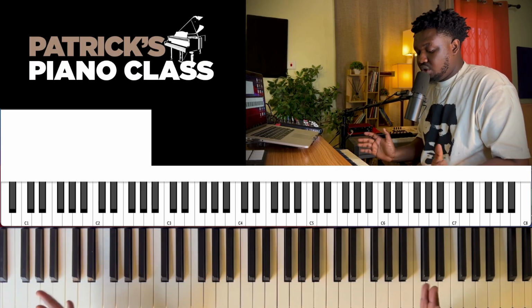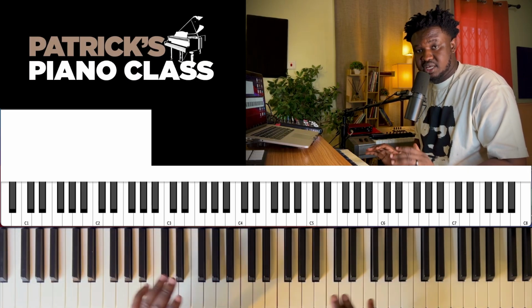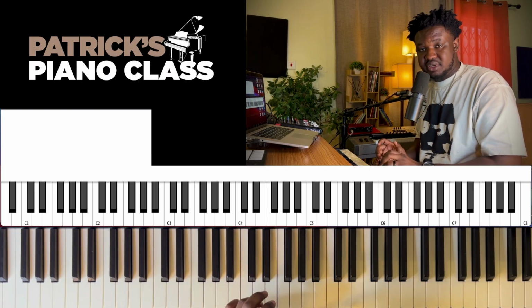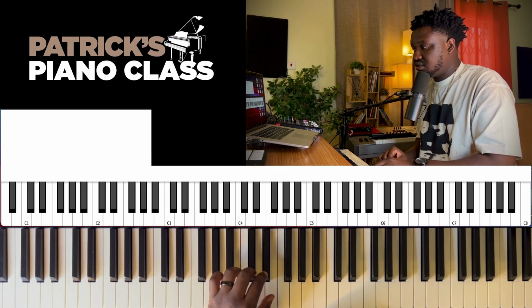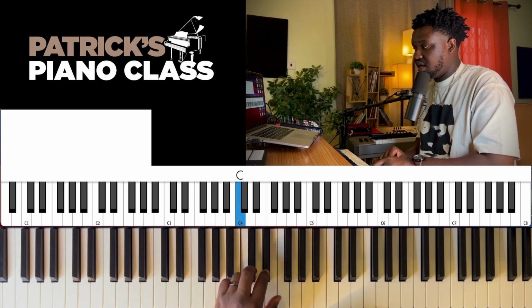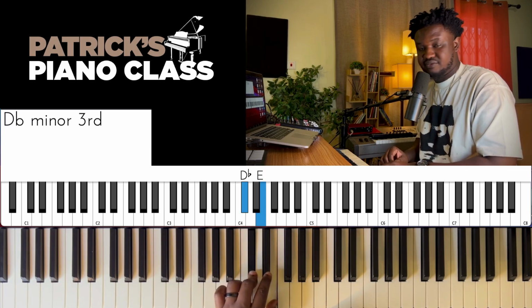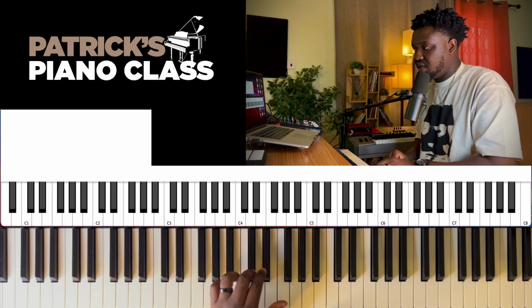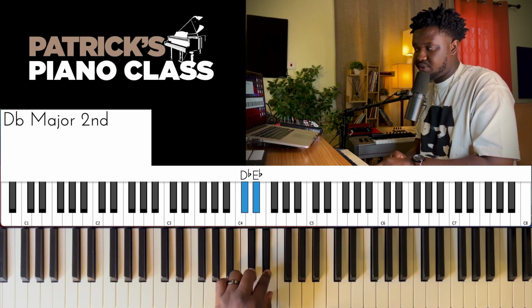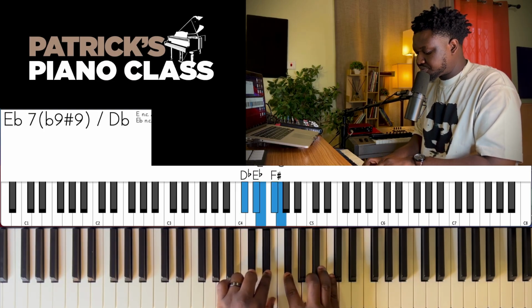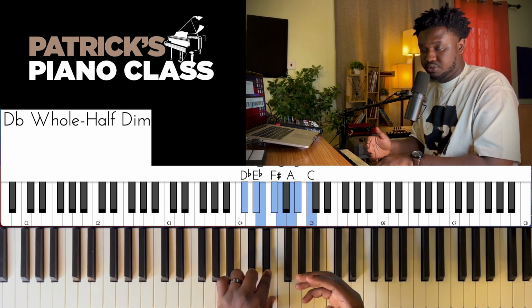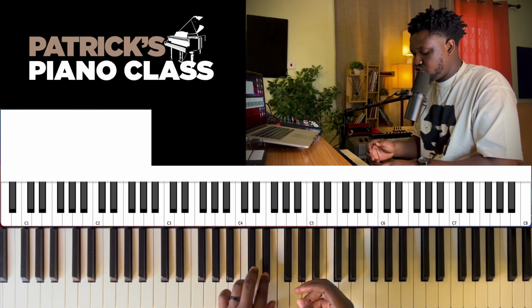And so we only have two modes from the diminished scale, and that is the half whole diminished and the whole half. Okay, so this is the first mode, half step, whole step. If I move to the second mode, we have whole step and half step. All right. As you can see on the screen, that's the whole half step. All right. So just two